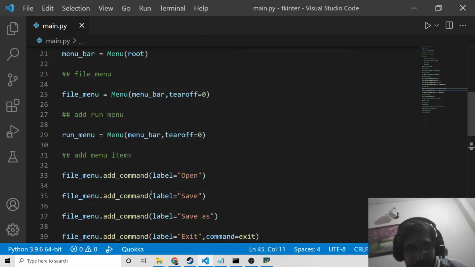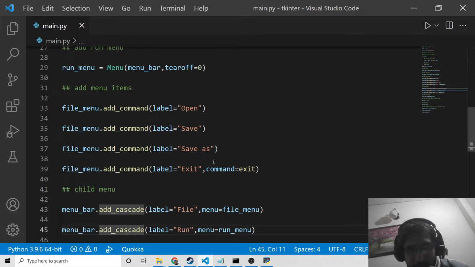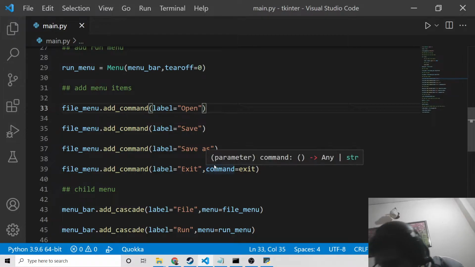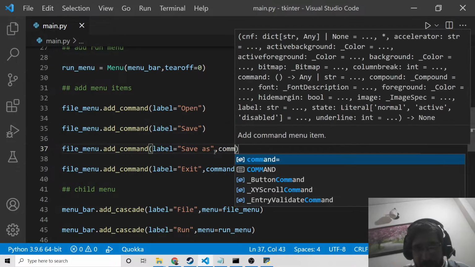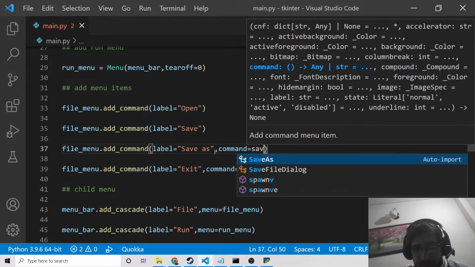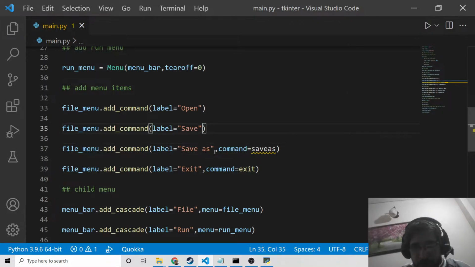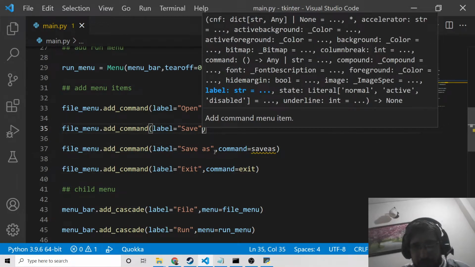For this, I will show another way, but for this, I will first of all need to complete all these operations. Lastly, in the last section of the video, I will show that way for you. But first of all, we will save this file here. So inside save as, we will put a command which is save as,